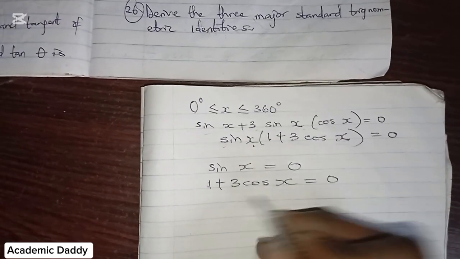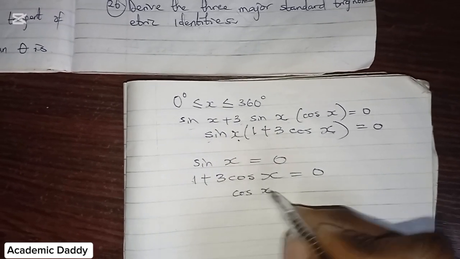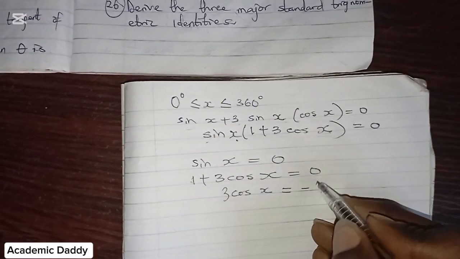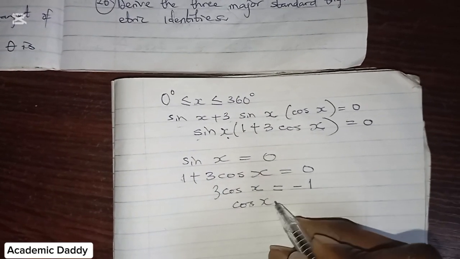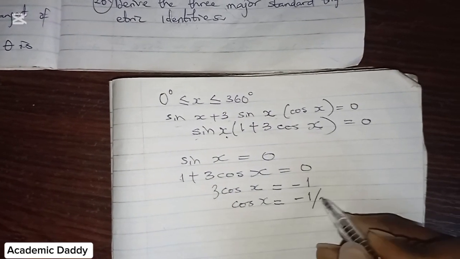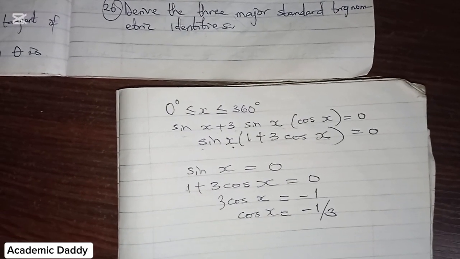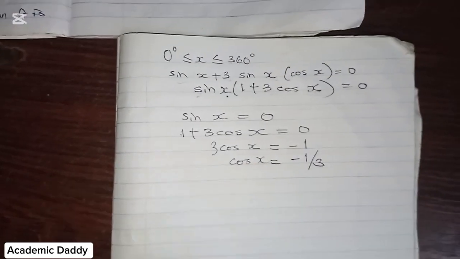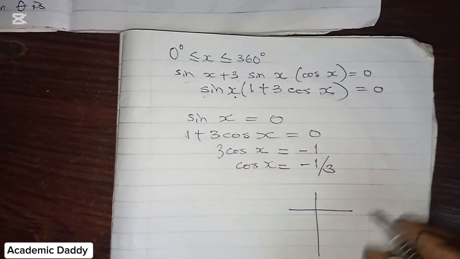So I can still factor this one out so I can get cos x. So cos x is equal to minus 1 over 3. If that be the case, I can now go to my table. That is my quadrant: 0,